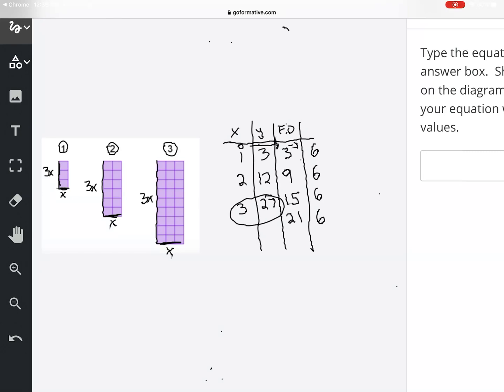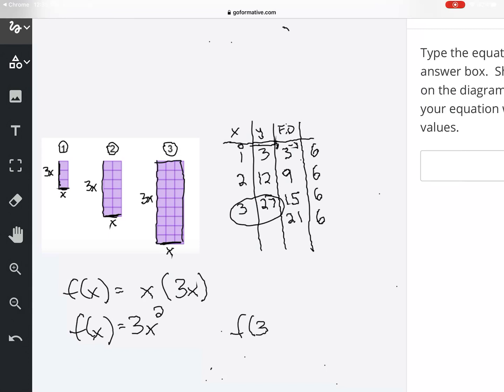high. So now if I wanted the area of any one of these, I would go x, the base, times the height, which is 3x. And what is x times 3x? It's 3x squared. And just to prove that that works, I'm going to plug in 3. So f of 3 is equal to 3 times 3 squared. 3 squared is 9, and 9 times 3 is